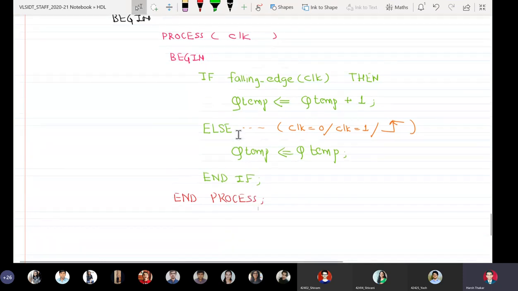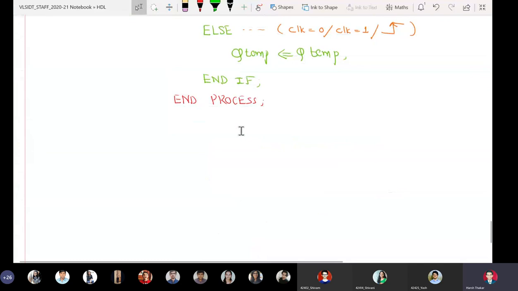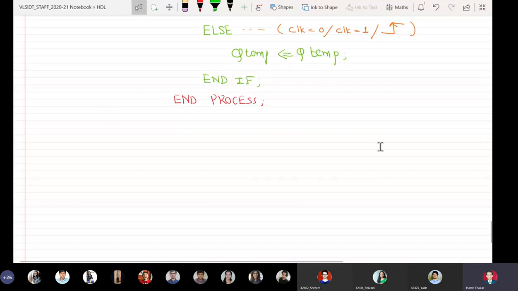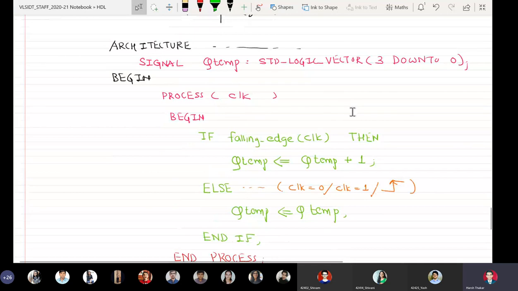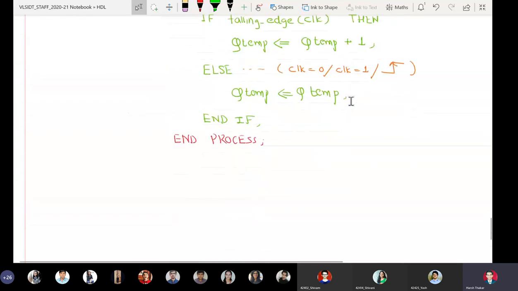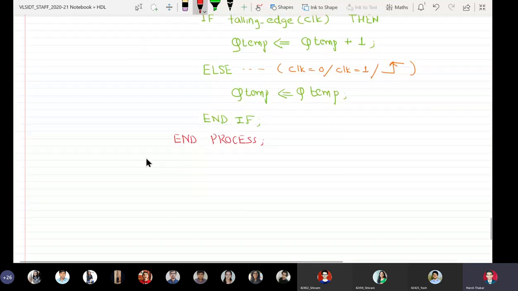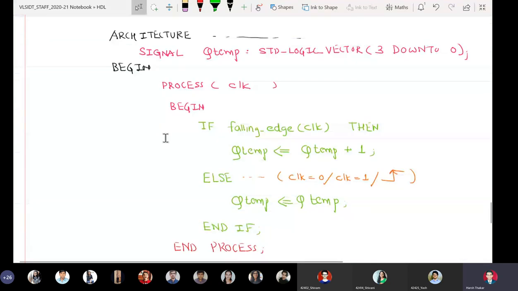And then after coming out of the process, I have to assign the dummy variable to my original output Q. So we see here in the block diagram, my counter's actual output is Q, and I have taken help of a dummy signal here. The reasons will be told when I teach you counters. So I will say Q is assigned Qtemp, semicolon, and then I will end the architecture.